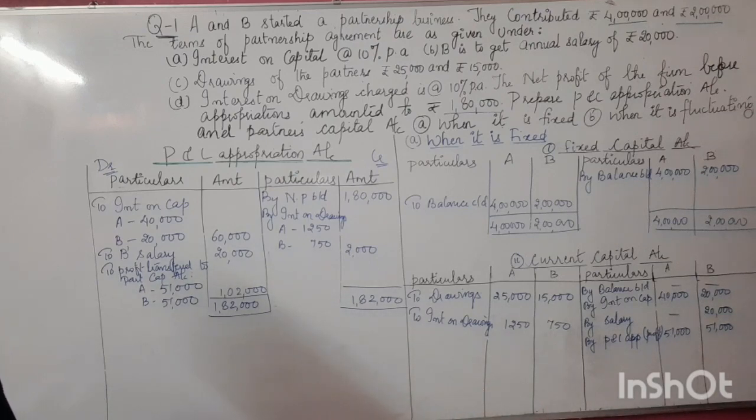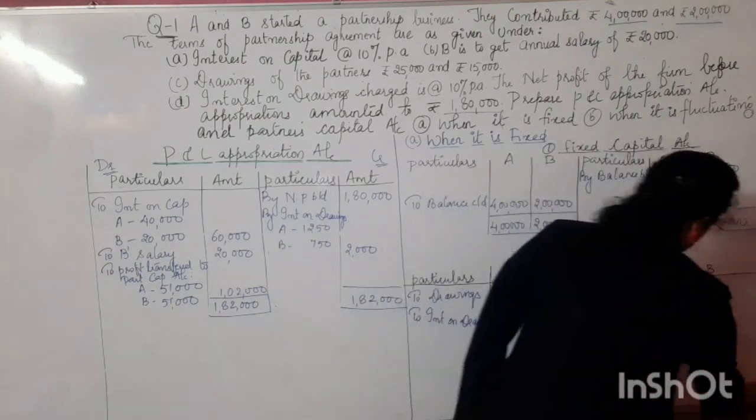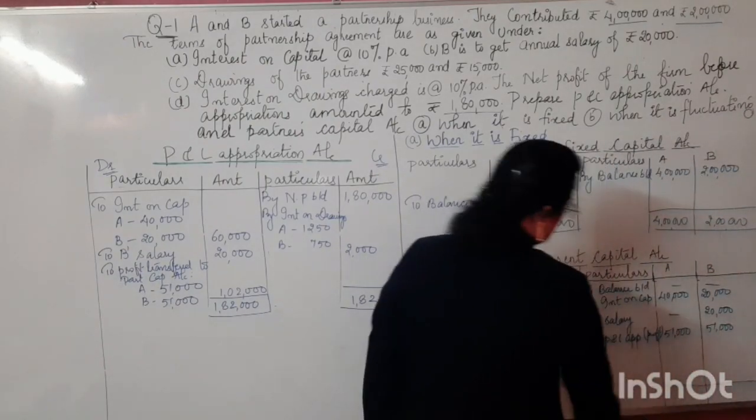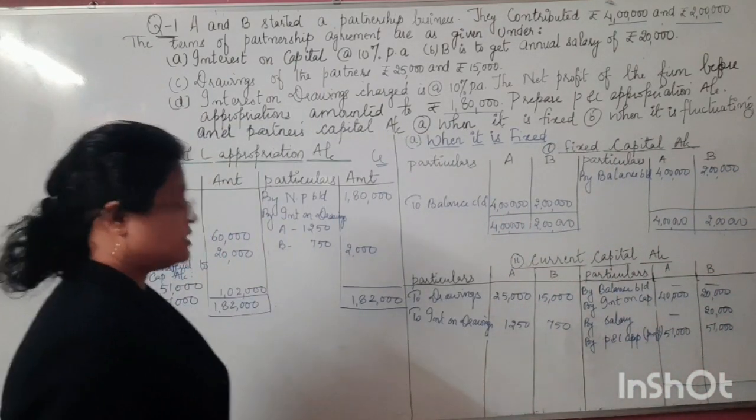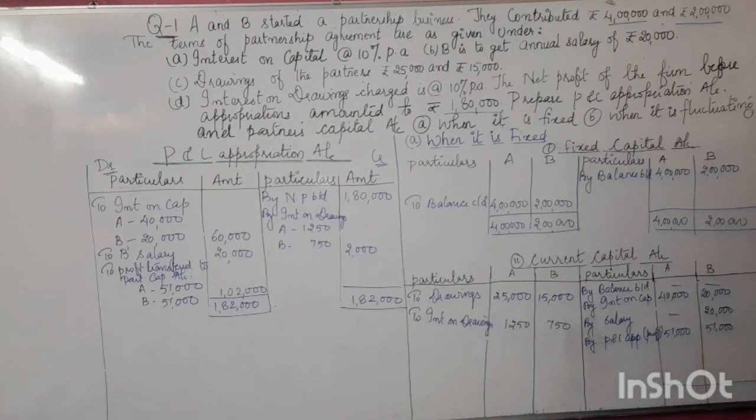So now the next thing is, let's do the total and let's balance this. Okay, so now let's balance this over here. Children, now let's balance this. Just in case of a partner's capital account, in order to do the quick calculation, make a note of this: write the amount according to its place value. So 0, 0, 0, it becomes very easy for us to calculate it.